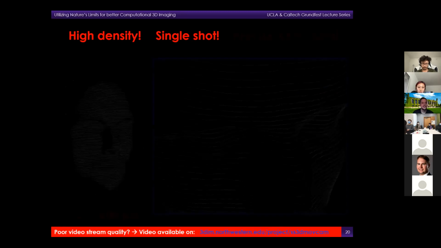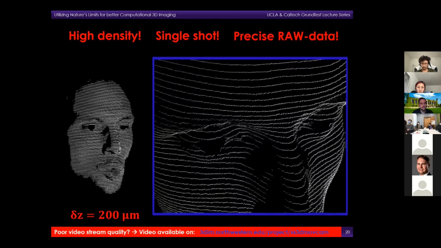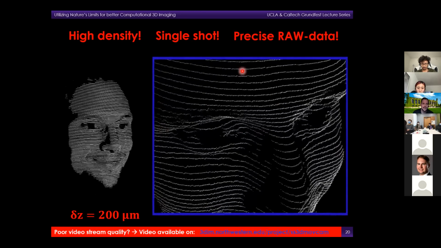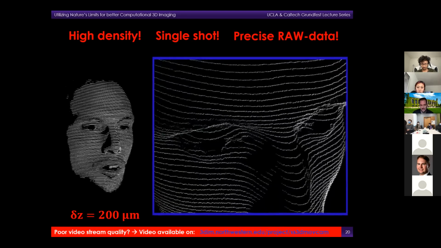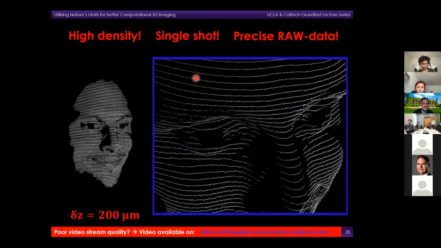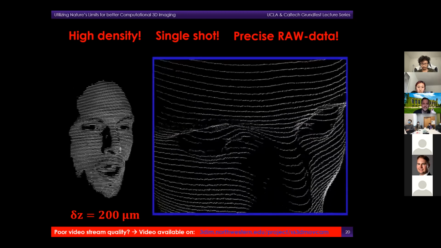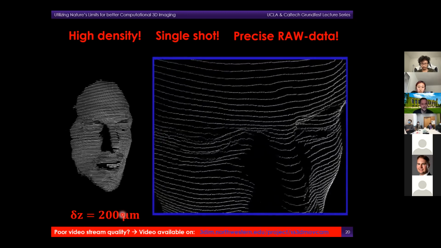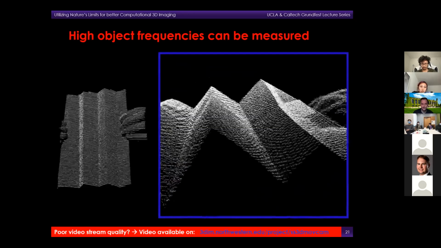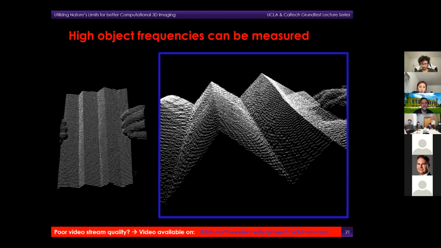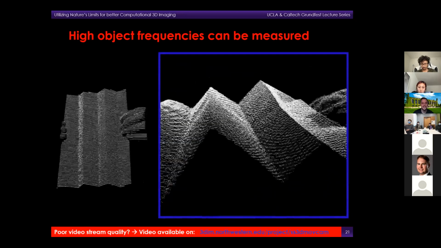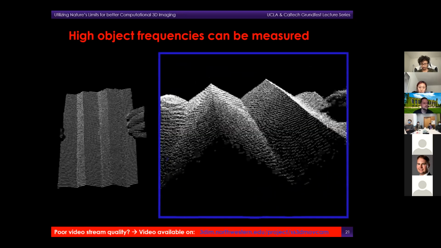What we see here is a zoom in the 3D movie. I have to emphasize that in the whole talk, I only show raw data of the sensor. There's no post-processing or interpolation applied. Each point that you see here is an individually measured 3D point with very high precision, 200 microns in this case on human skin. Since there is no pattern codification and no spatial correlation applied, there's also no low-pass filter on the data, and the edges are very nicely preserved, as you can see here in this accordion experiment.